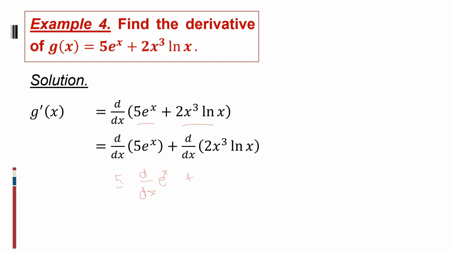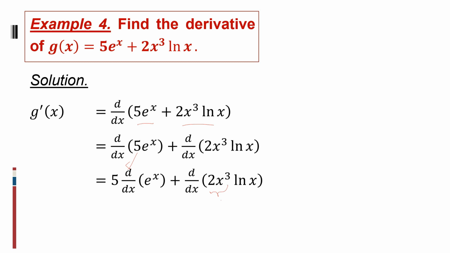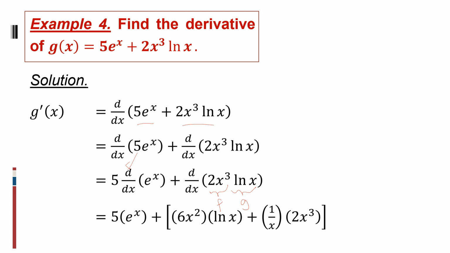Plus, here we have a product. Okay? This is our f and this is our g. So here, we can just factor out the 5. Then, we take the derivative of e raised to x. And on the other side, we have a product. So this will be our f and this will be our g. So using our rules, we have 5 times e raised to x. Okay? Plus, the derivative of this now is, okay,